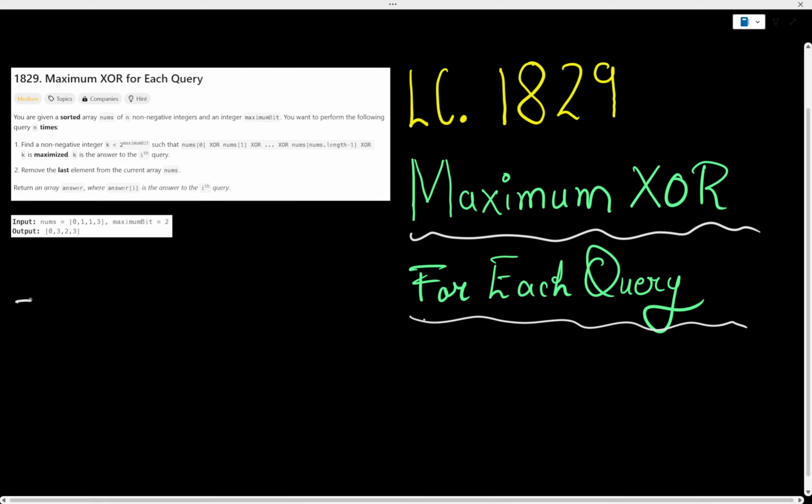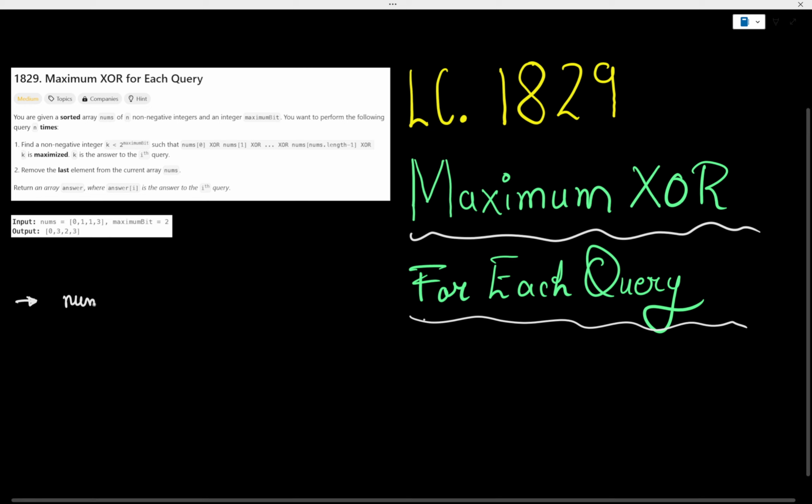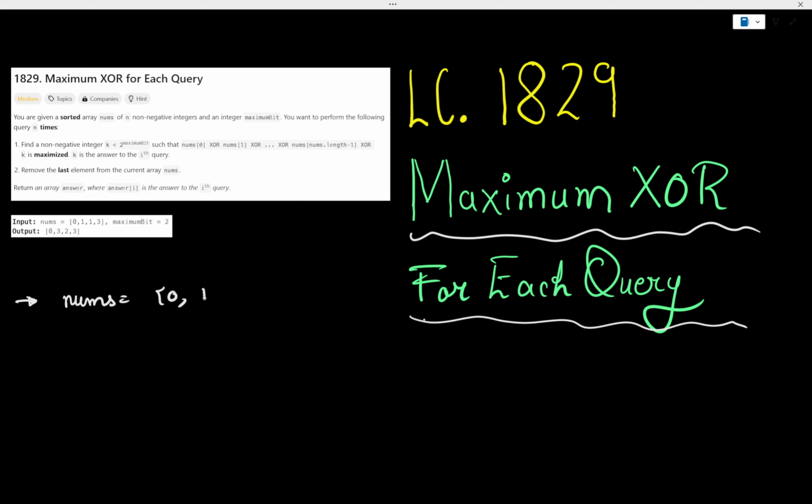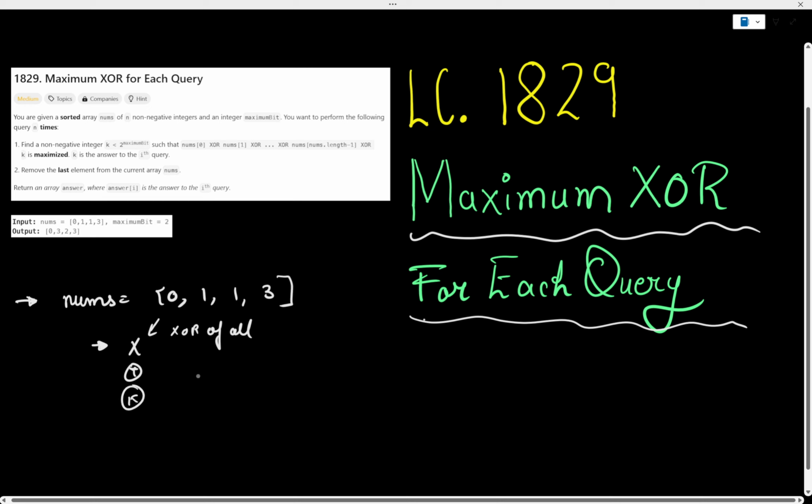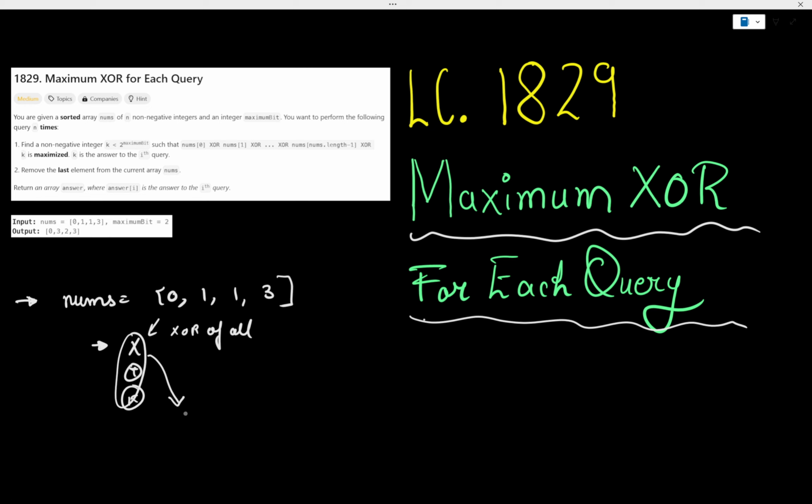What is the problem asking? We are given a vector or an array nums like this, and we need to do the XOR of all the numbers present in the nums vector. Let's take an example. The XOR of all is x, and then we need to find such a k that after the XOR, we'll get the maximum